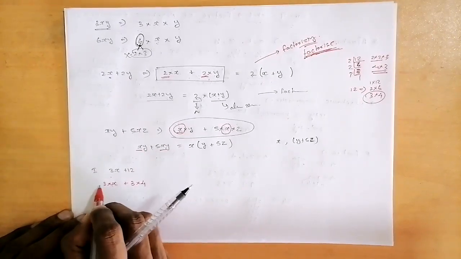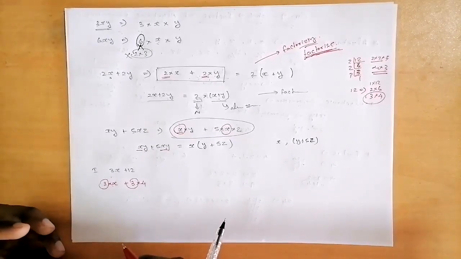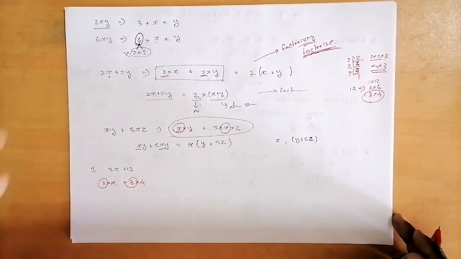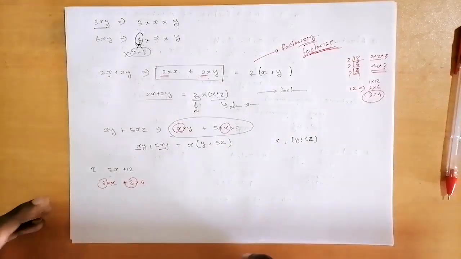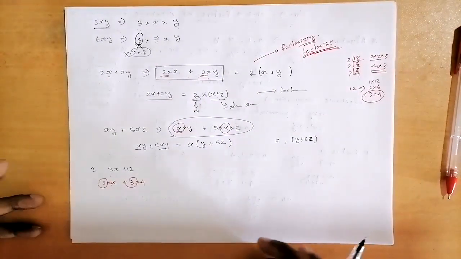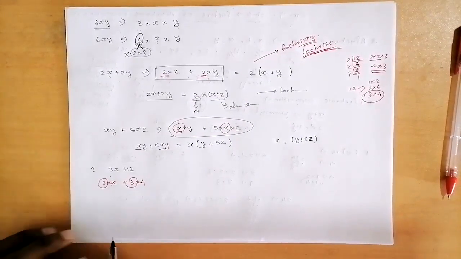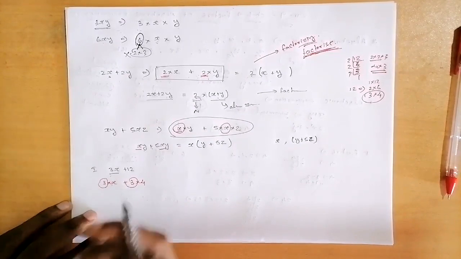Okay, now we have a common term. So this is what actually happened. But while doing the question, we don't do it like this. If you want to find the factors of an algebraic expression, just think and take out the common element. 3x, you know how the 3x is built.